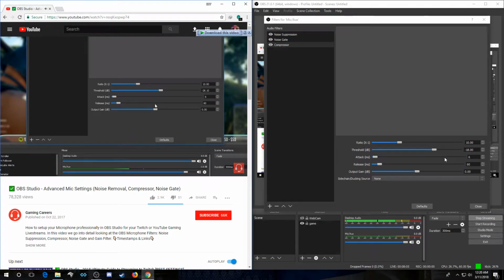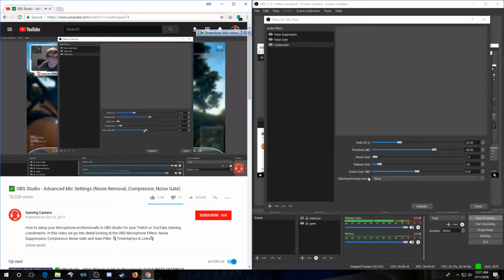The output gain, finally, is just simply a gain. We're going to be looking at adding a gain filter anyway in the next step, so we can leave this at default and I'll be showing you how to add a gain filter if you need one in the next filter. As with before, I do recommend playing around with these